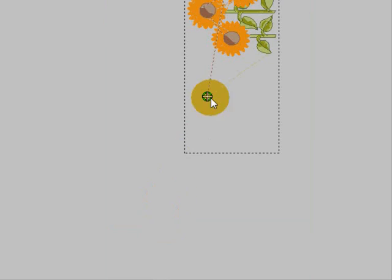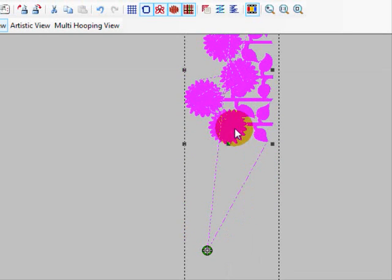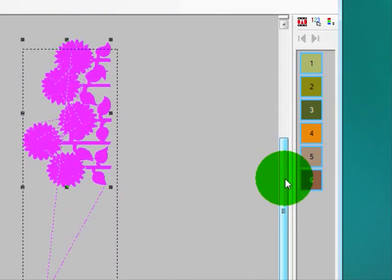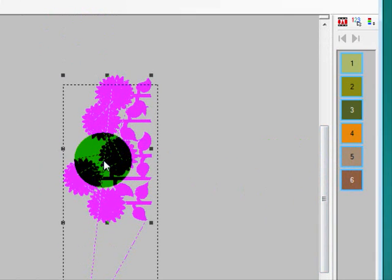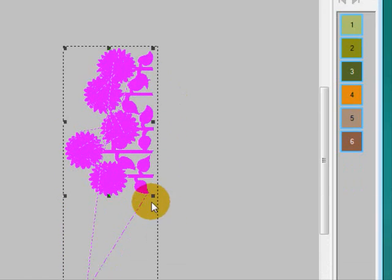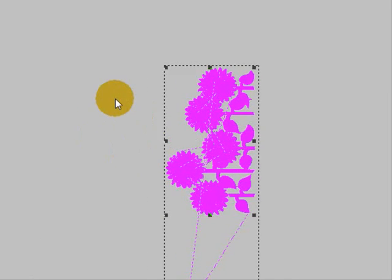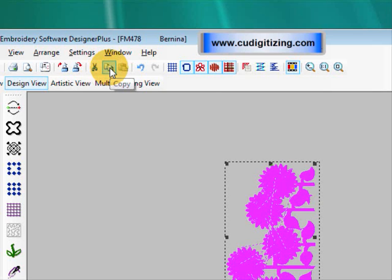Now when I move the design up, it will actually move up in the hoop. I'll just scroll up. Okay, and I'll bring it back down a bit, and it stays where I put it, which is what I want. Okay, so that's within the hoop. It about half fills the hoop. So I'm going to duplicate that, and I can do that by just going up here to copy, or I could go edit, duplicate, and I'm going to paste another copy,